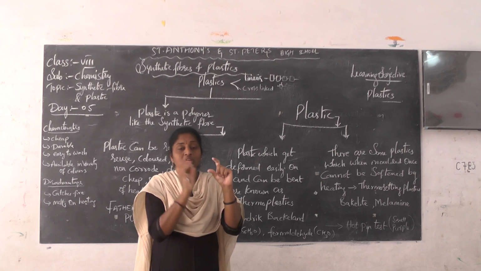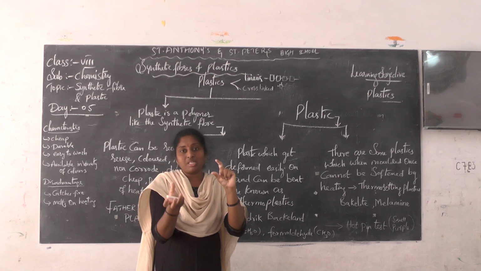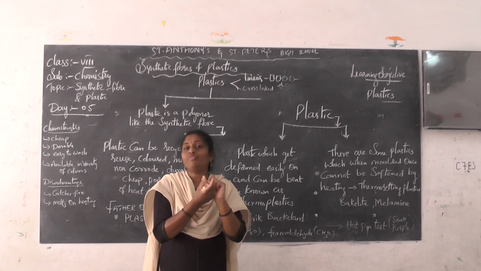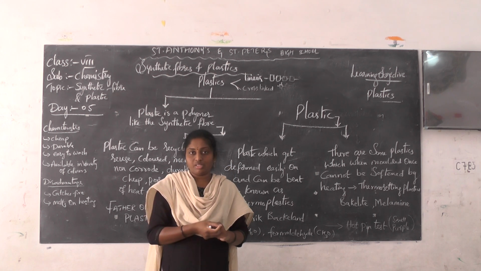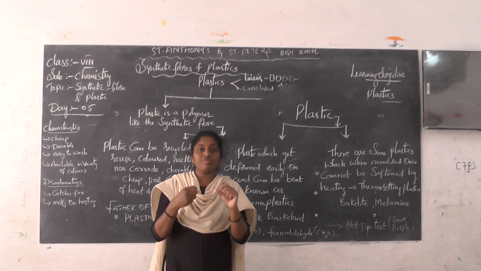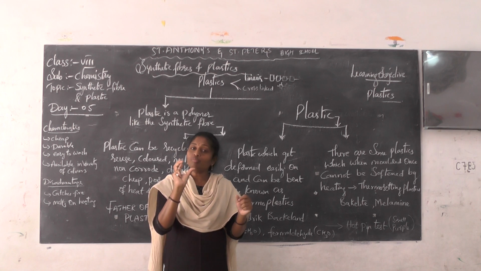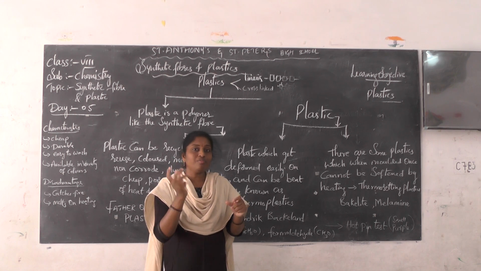So what happens here? Because of the temperature of the water, melting takes place and the plastic is molded into different shapes. So this is the incident from which you can understand very clearly that the plastic changes and gets molded into a different shape.